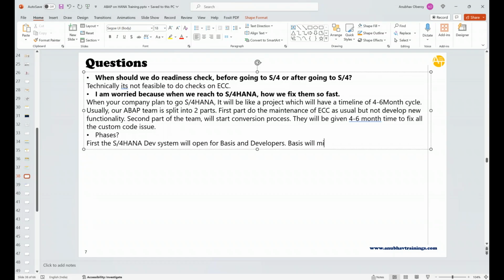Basis will migrate all the custom code and test data to S4. Developers will perform custom code adaptation for 3 to 4 months, depending on the scale of the project. Yes, for a couple of months,